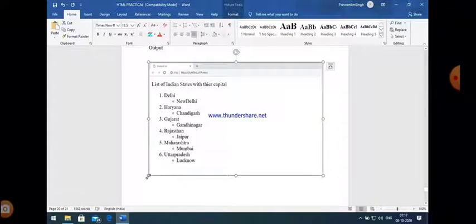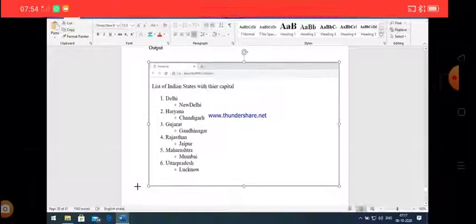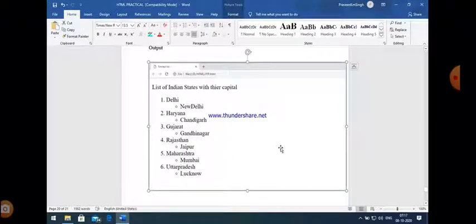You can easily see that states are represented by a number, and the capitals of different states are represented by a circle. So it is an example of a nested list in which we create an ordered list to represent the different states, and an unordered list to represent capitals. So now I think it is clear to all of you what we want to do, and it is simply implemented by using the concept of a nested list. So we define an ordered list, and within the ordered list we define different data items using an unordered list.